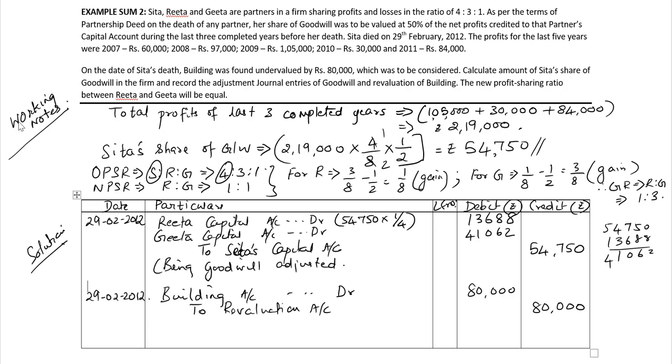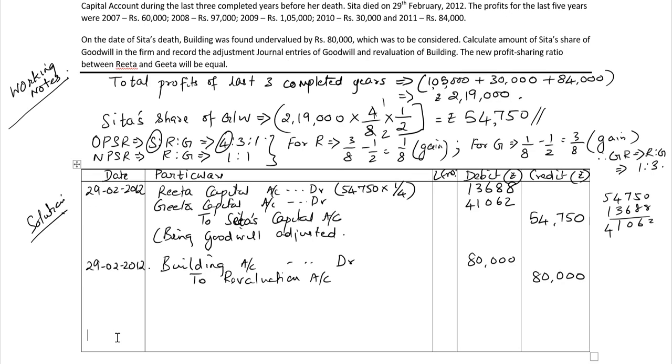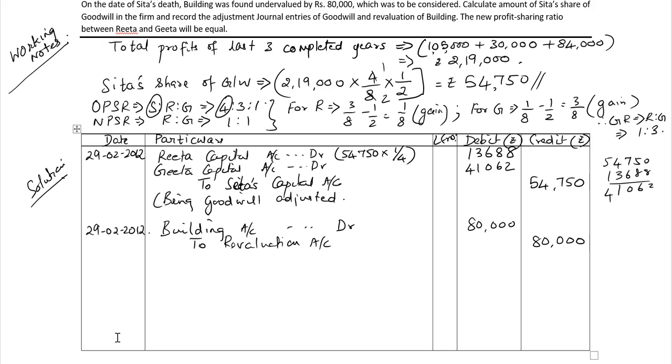Amount 80,000. Narration: being value of building increased. Now that we've credited the revaluation account with rupees 80,000, we are left with a gain on